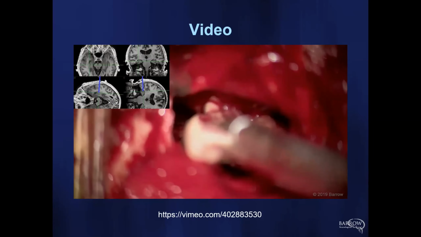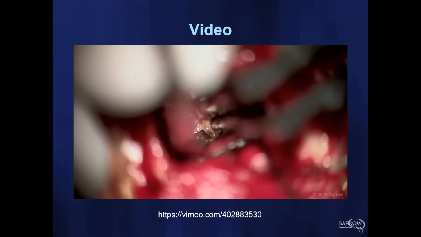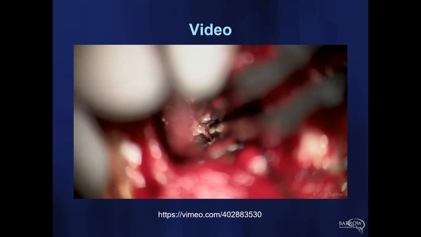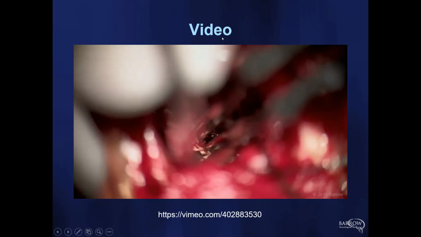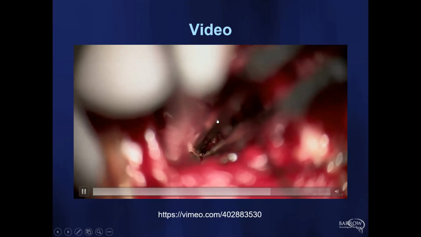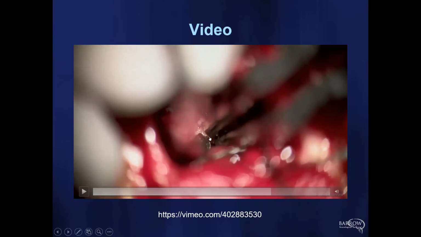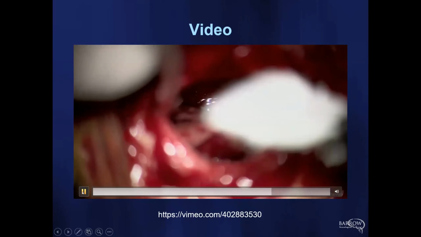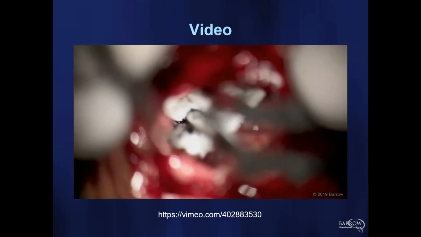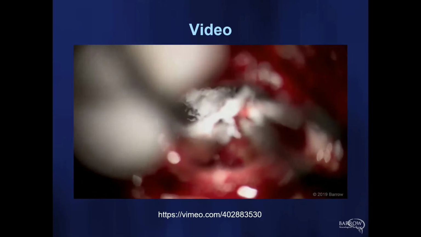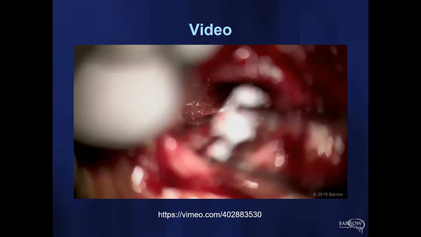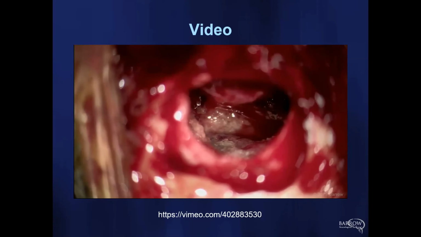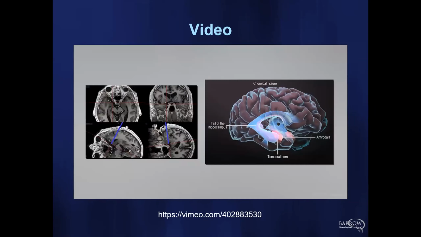And then you see that hippocampus coming out. And after the back has been removed, I chase the tail. I say that tongue in cheek, going back into the tail of the hippocampus. And then at the end, I use Avitene to place within the bed along the pial surface that's been preserved and along the floor. I let that sit, then I irrigate it out. And that's been a very successful thing, to really not use the bipolar down deep very much.